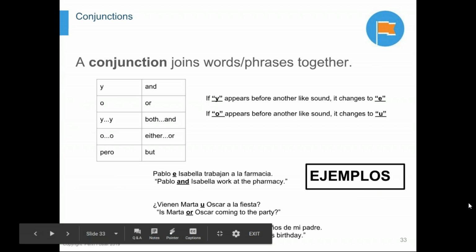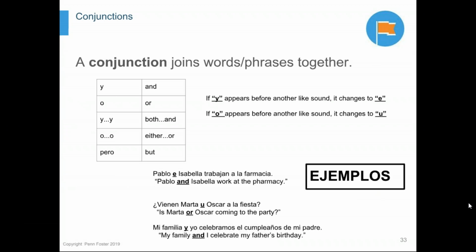All right, our second to last topic is a conjunction, a word that joins words or phrases together: and, or, both, but, etc., as you can see on the chart on the left side there. Okay, one thing to keep in mind, the letter y in Spanish means and, but if you look at that first note on the right side, if it appears before another like sound, meaning if the next word, if you look down below, like Isabella, also has that E sound,